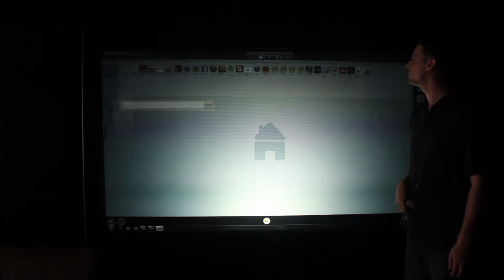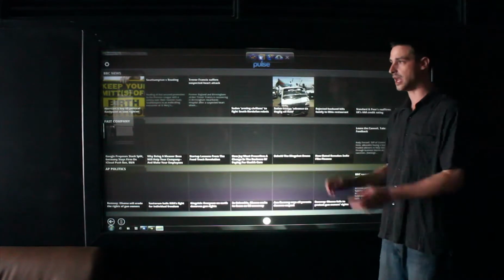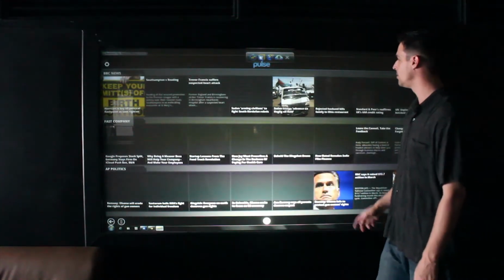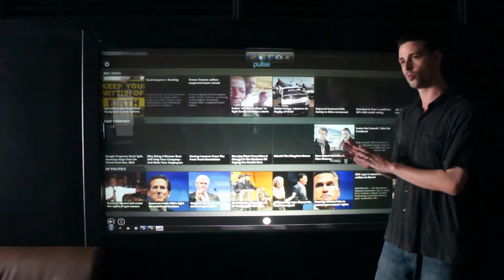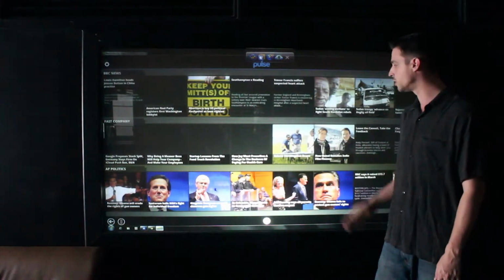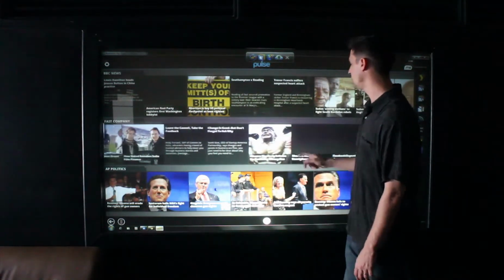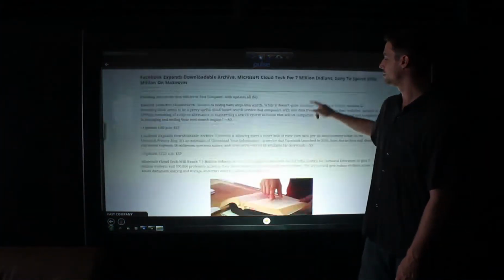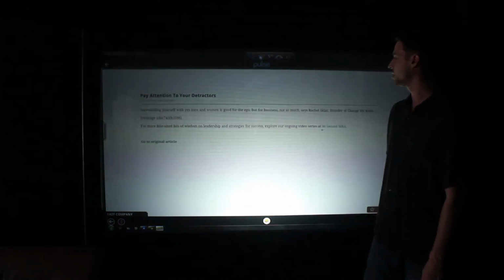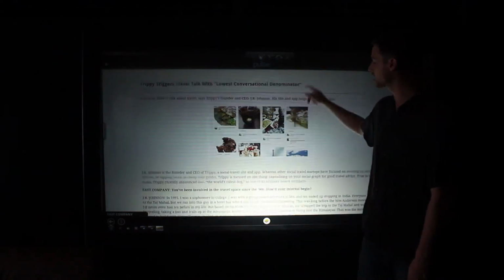Another good example of what we were talking about is Pulse. Pulse is a news reader. You can add different RSS feeds to it. We like the implementation within Android, and it works wonderfully on a large multi-touch format like this. I can scale through my different news feeds and stuff, bring it up, just read through it. I can flick over to the next page. Very smooth, really great reaction times,